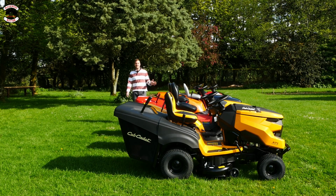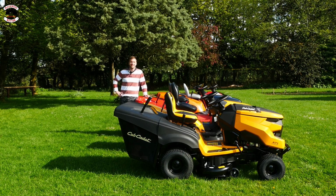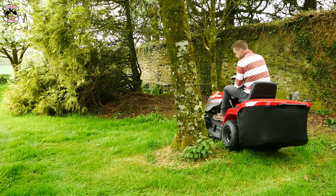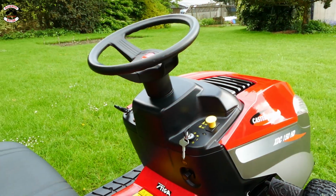Today we are going to test 5 lawn tractors to show you the features you should look at before buying one. We're going to look at the cut quality, specs and features, cut long grass, cut short grass, and check out their manoeuvrability. We have the Aspen Garden XDC 150 HD, which retails at